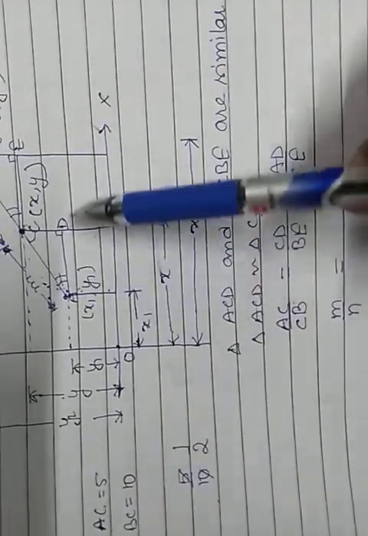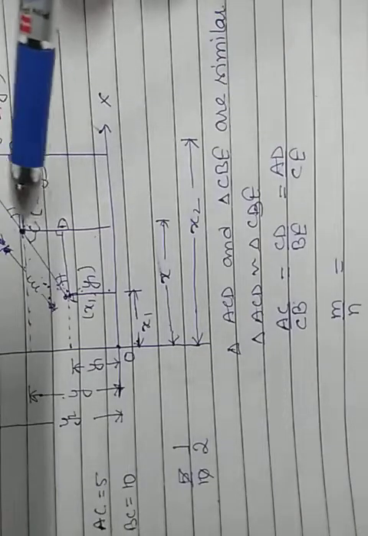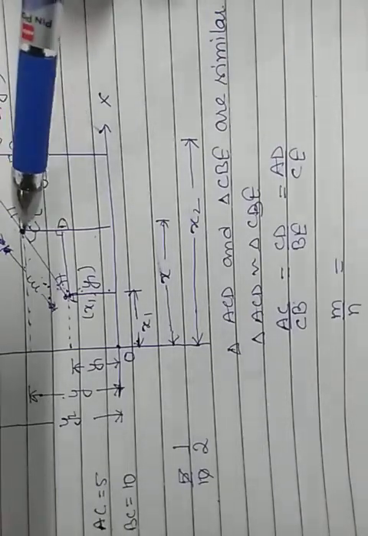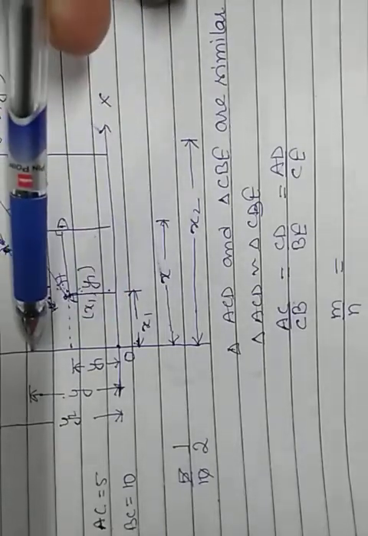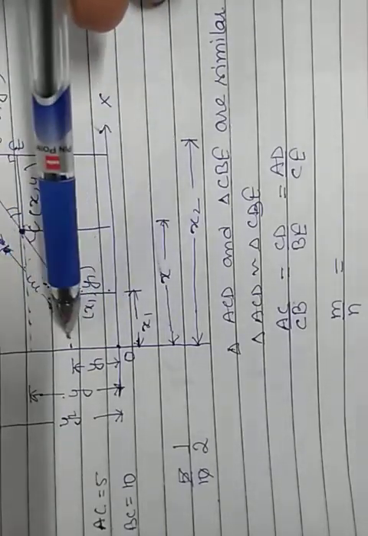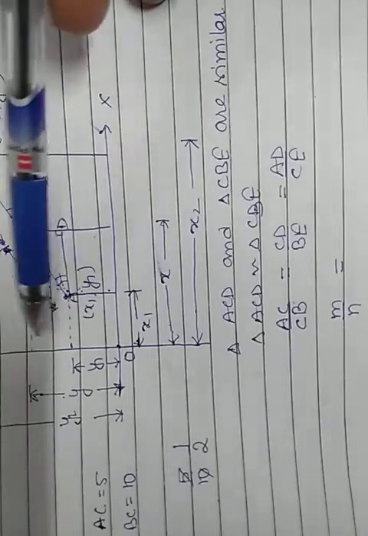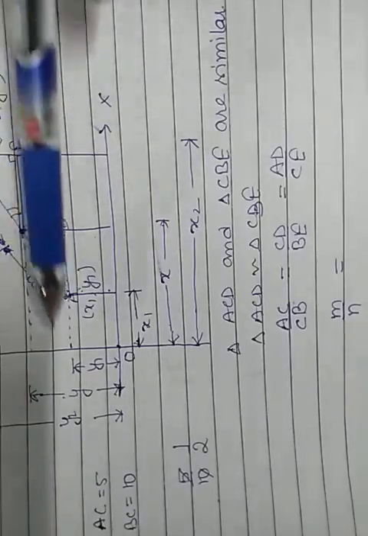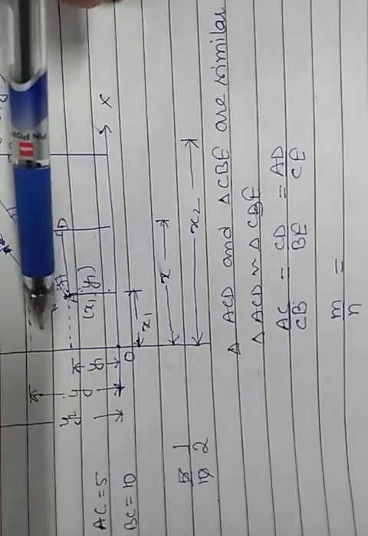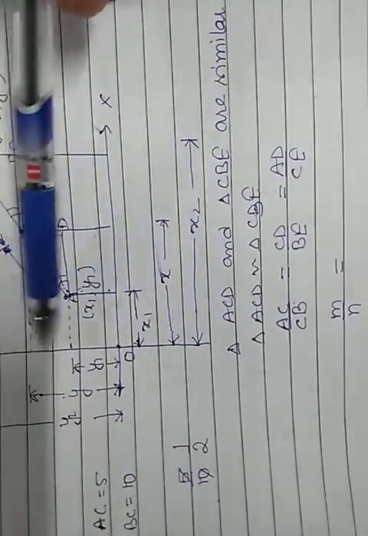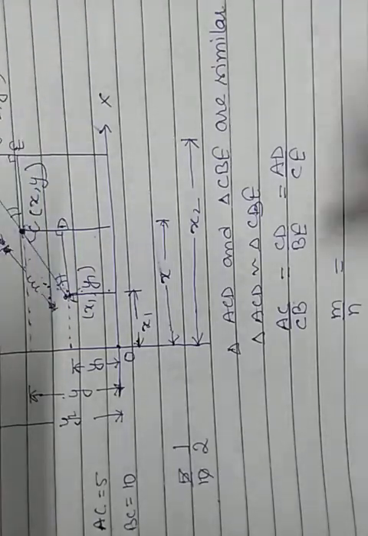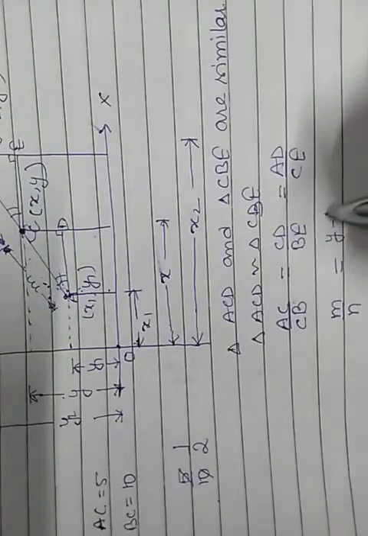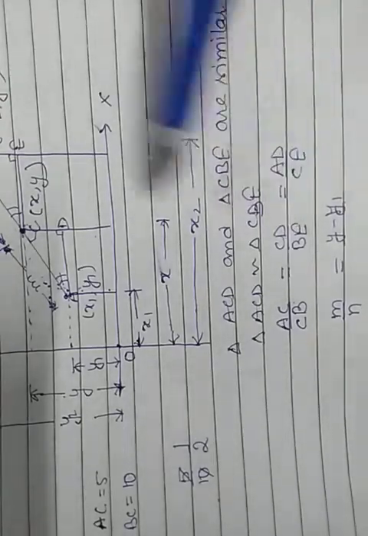Now CD, where is CD? This height is CD. Now just look here, this is y and this is y1. I want this height because this height is equal to CD. So this height is equal to y minus y1, since this complete is y and this is y1. So instead of CD, I will write y minus y1 upon BE.